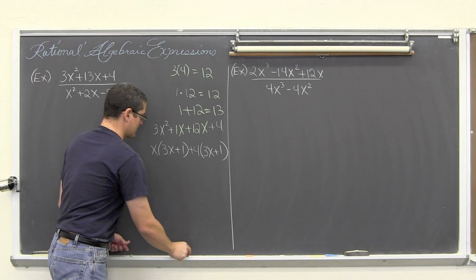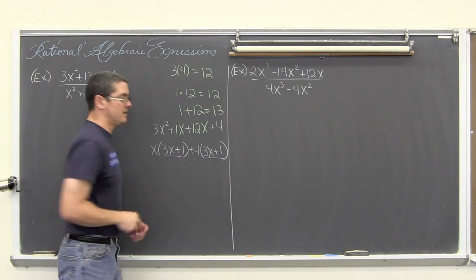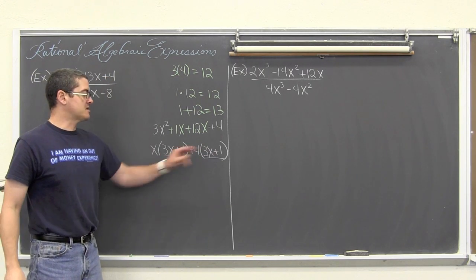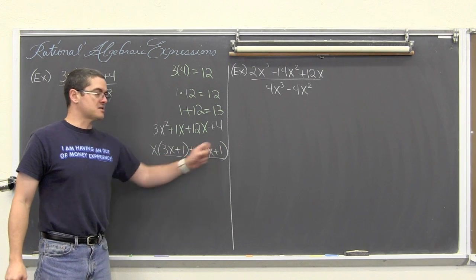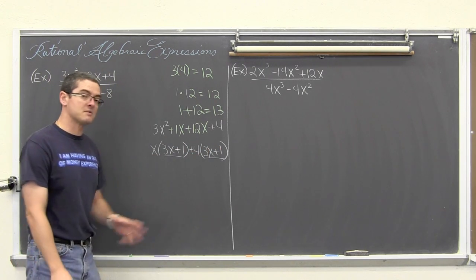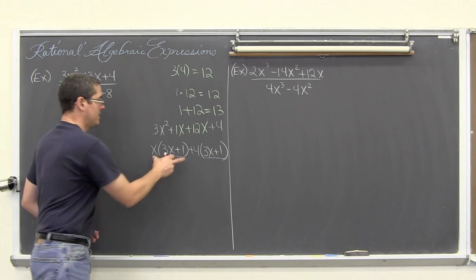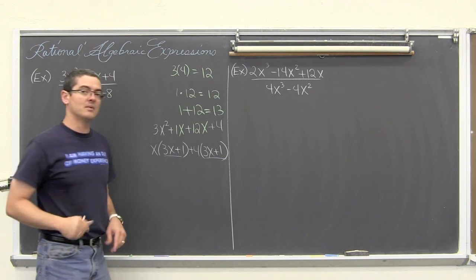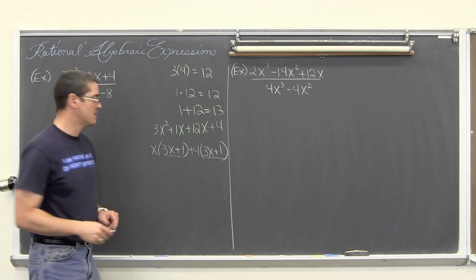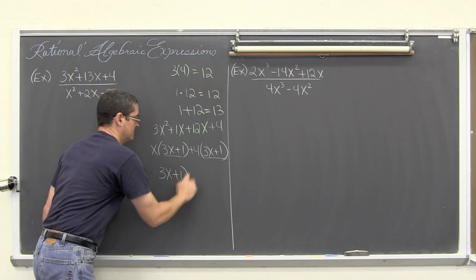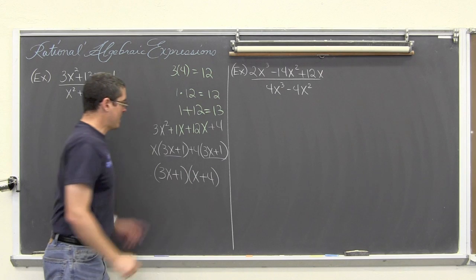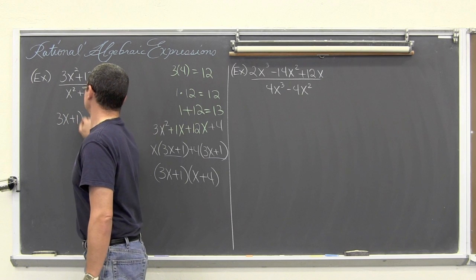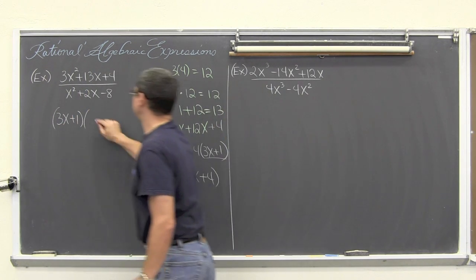So now, as we factor by grouping, what we're looking to make, if this trinomial is factorable, is that we have again the same factor, the same stuff inside these parentheses, and indeed we do. We have 3x plus 1 and 3x plus 1. So now we're going to factor that out. And again, with the plus sign here, we have one big term plus another big term, and those two terms have a common factor of 3x plus 1. Okay, so this is going to be our factored form of the numerator. We have 3x plus 1 and x plus 4.